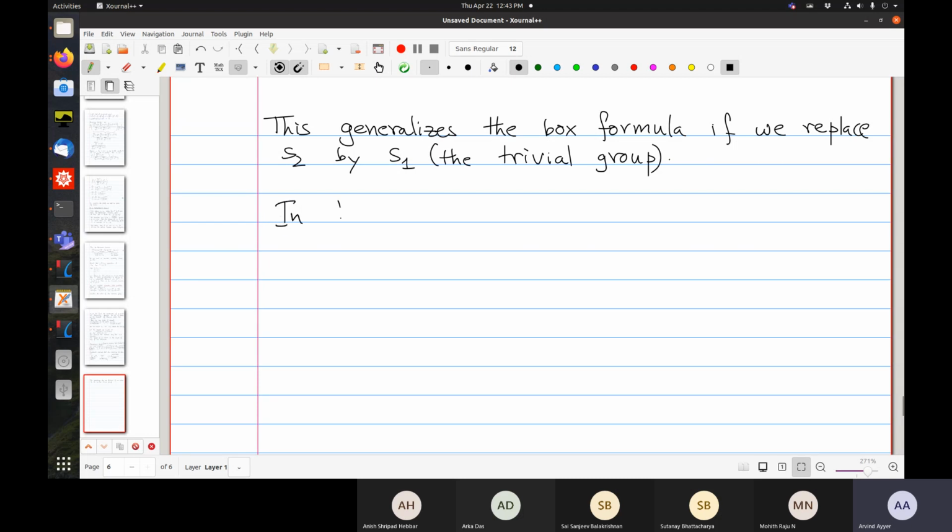So in this slide, Macdonald generalized MacMahon's conjecture